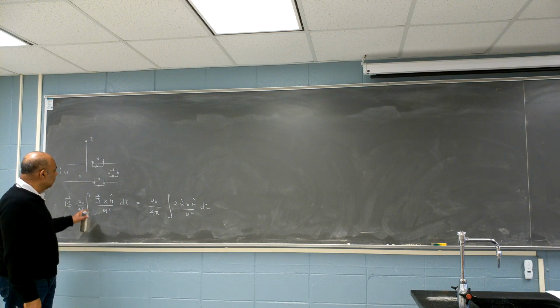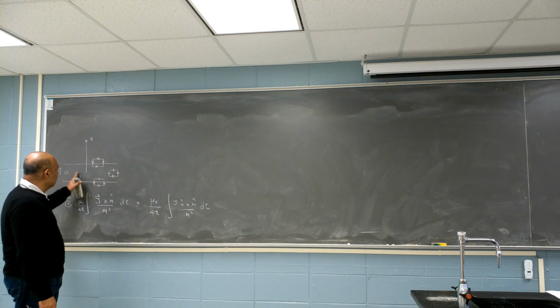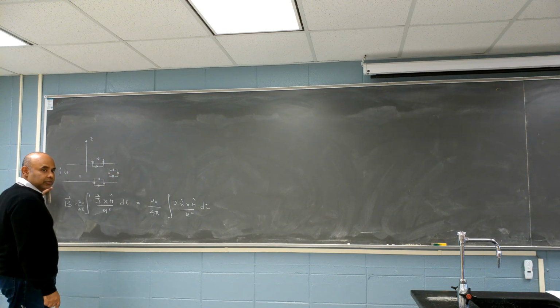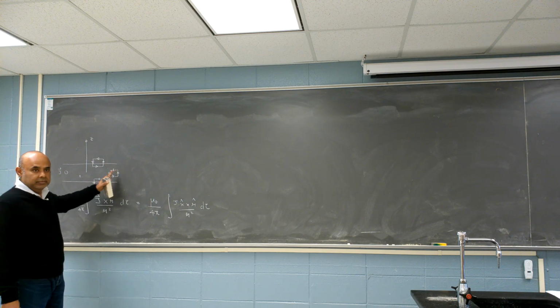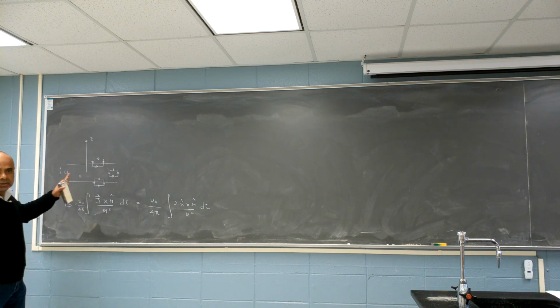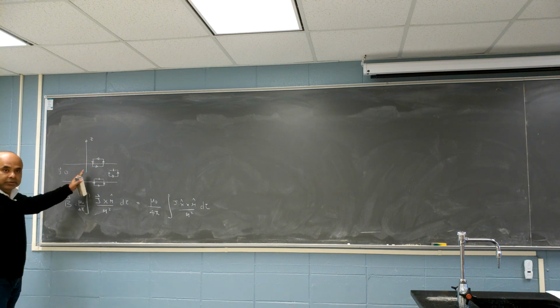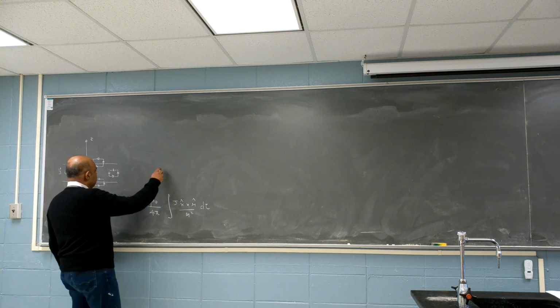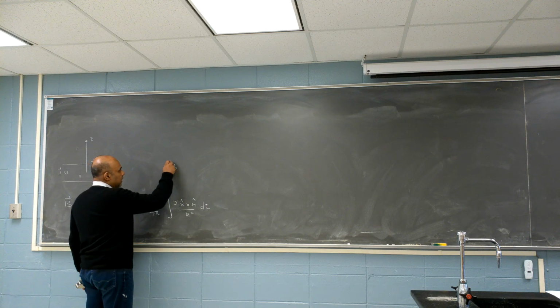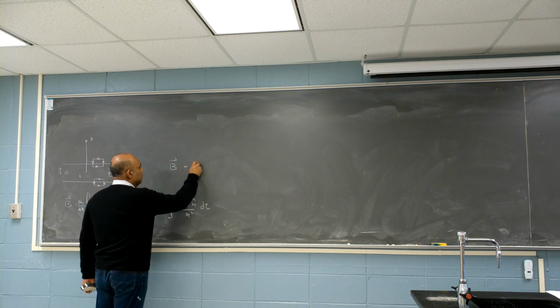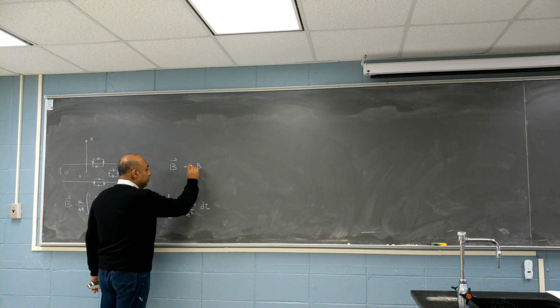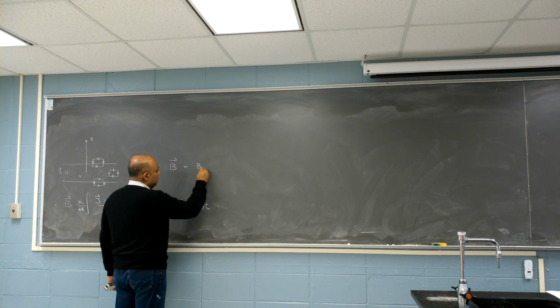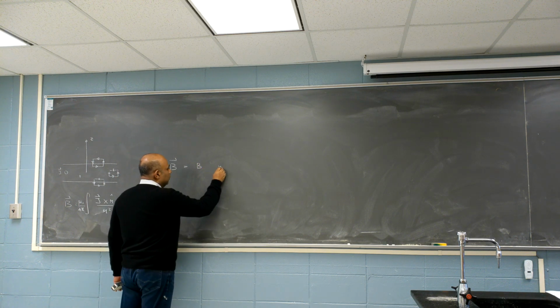So you can imagine there's no y dependence, or even x dependence, in the solution. There's only a z dependence. So then I'm guessing B is equal to, perhaps a guess, B in the y hat